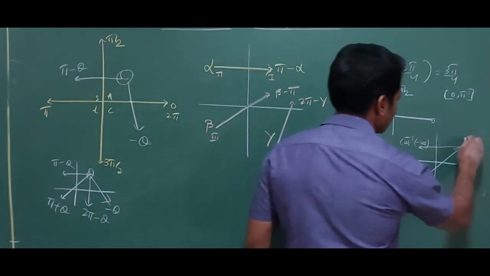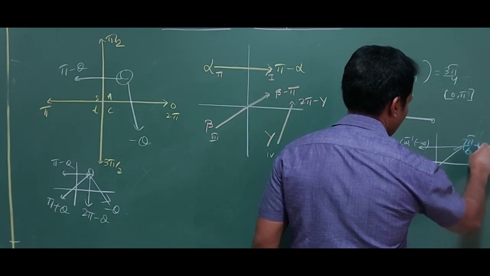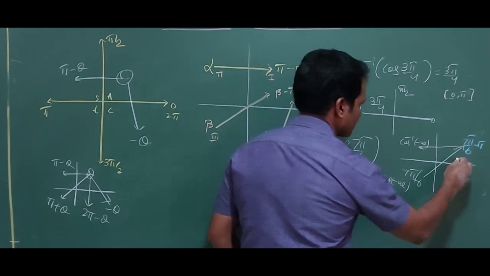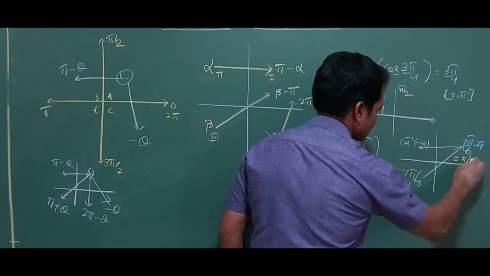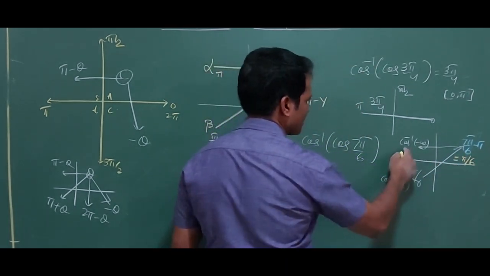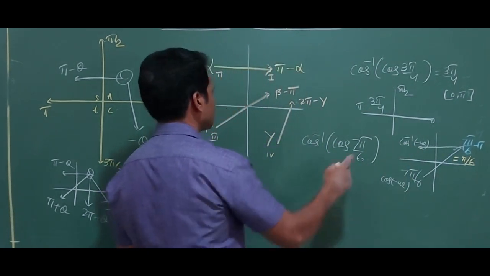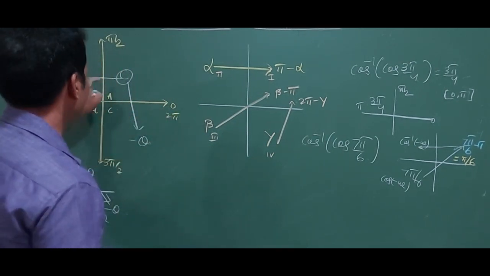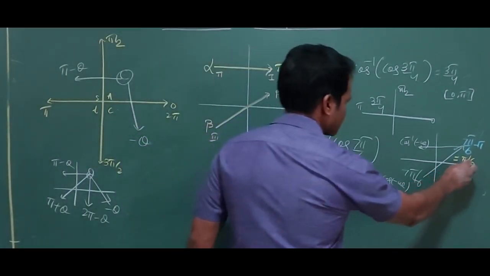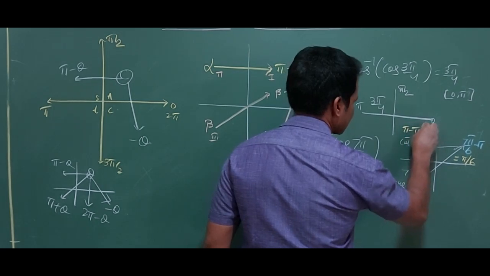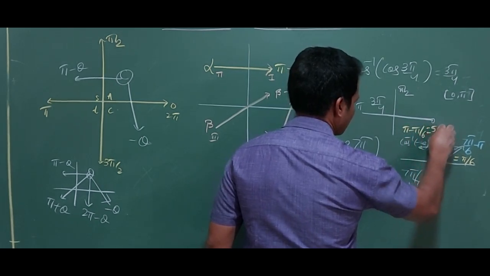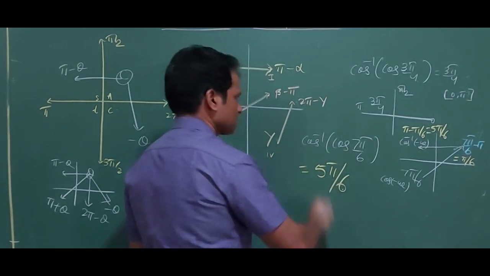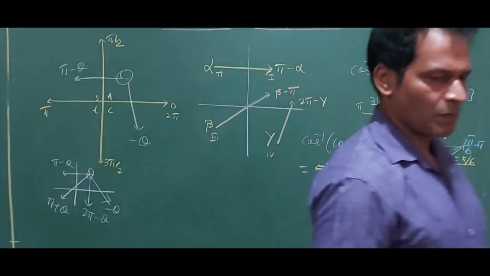Then how to take the value there? Beta minus pi. 7 pi by 6 minus pi. That value becomes pi by 6. And that pi by 6 will bring it here. Which way will bring it? You can see there: pi minus theta. That's why these two graphs are very wide. This is the value now, pi minus pi by 6. So its answer is 5 pi by 6. Write it down there.